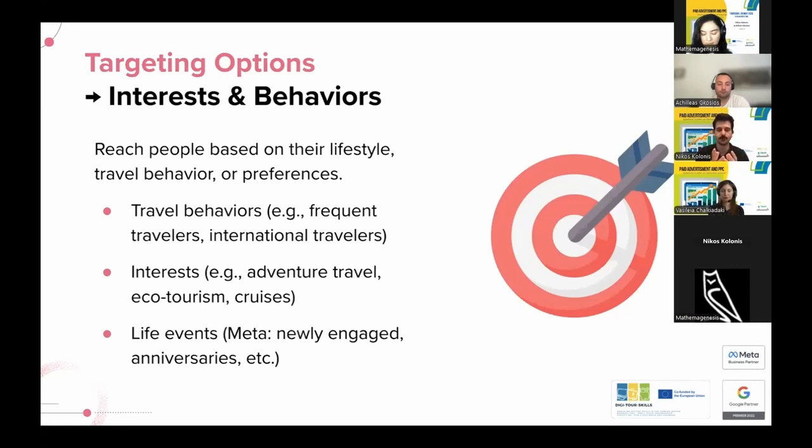For example, you have an audience like frequent travelers, so I'm only targeting frequent travelers, or international travelers, another option. Or you can target based on interest, so people that are interested in adventure travel or ecotourism or just cruises. And you can also target based on life events. Somebody that is newly engaged might be looking for a honeymoon trip, so you can only target those specific people.